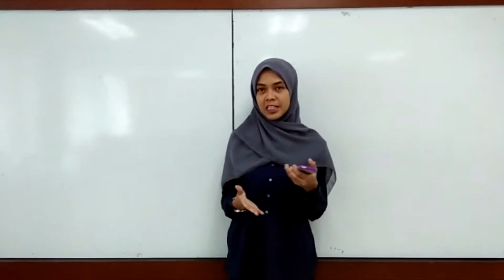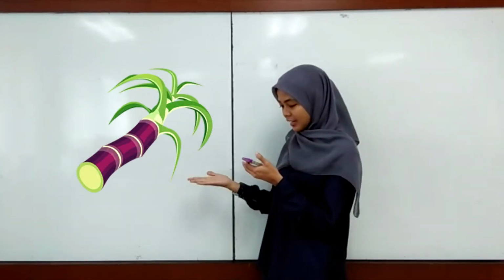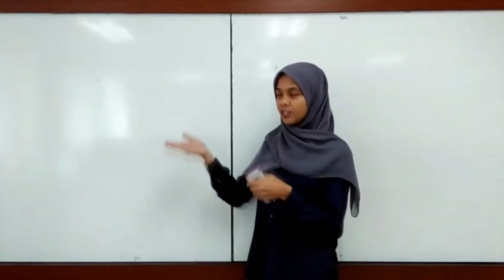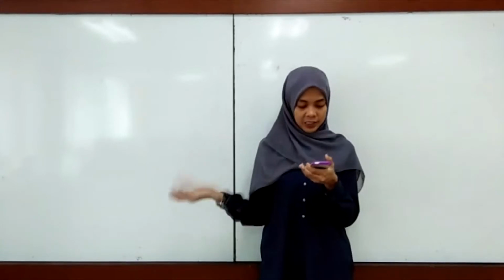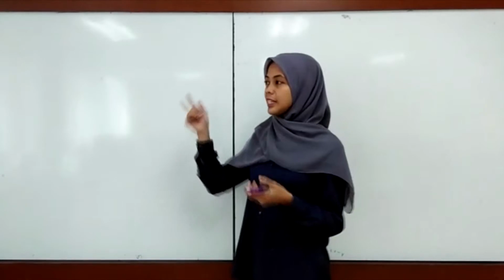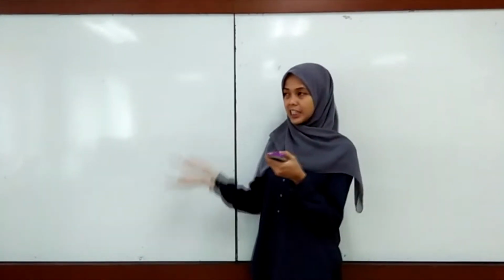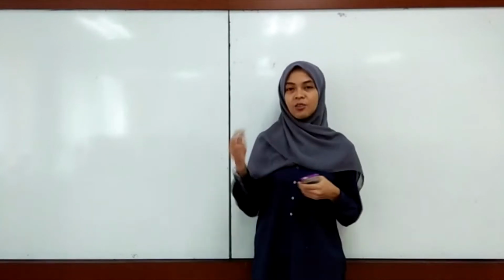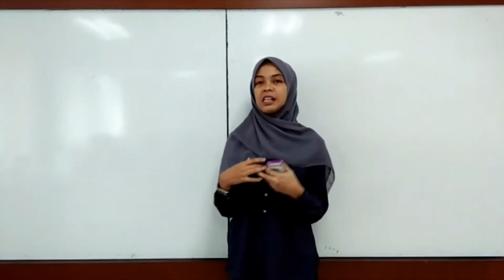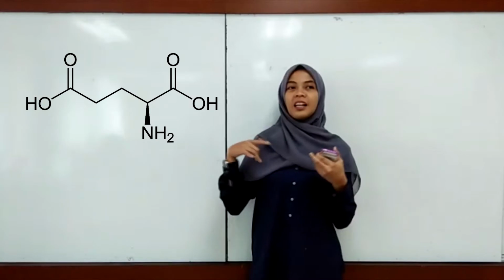Okay, MSG is made from sugar cane through fermentation by a glutamic acid producing microbe. First, sugar cane is converted into glucose. The glucose is then sent to the fermentation tank. Later, the fermentative microorganism is added. The fermentative microorganism takes in the glucose as food and, in return, releases glutamic acid, which is used in the production of monosodium glutamate.